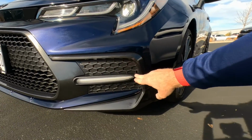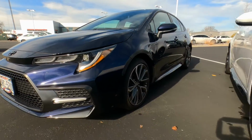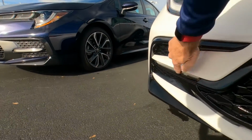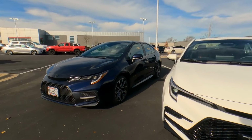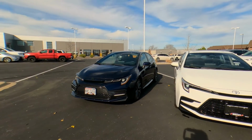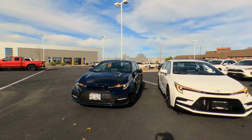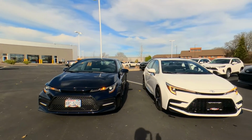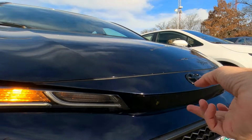these are an accent light here. It's a much wider, bolder accent light as opposed to the 23, where that accent light's down here in the bottom. Again, I apologize. I wish I was able to have the same color, because then it's an easier comparison. But notice that black panel in the front there on the 22. This is much wider, thicker here